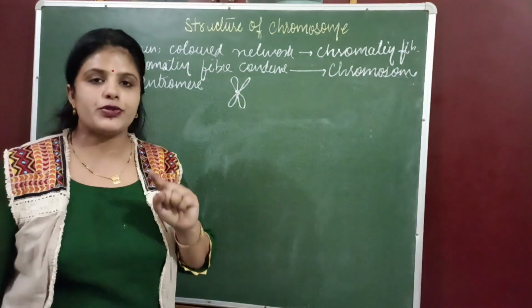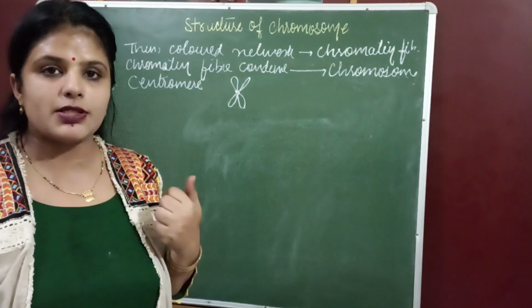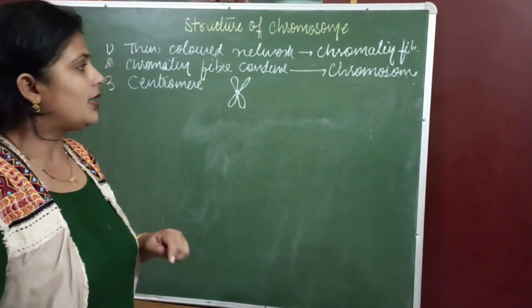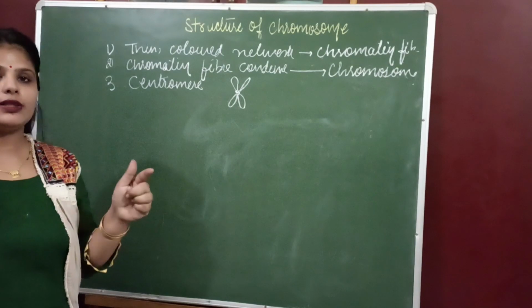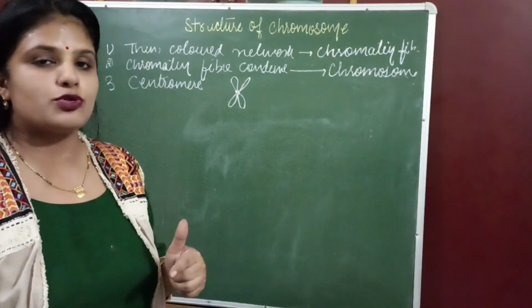There is one more question on centromere. Centromere is a point from where the spindle fibers are also arranged. Now, what is the sequence of all these? I mean, how DNA is formed and how chromosome is formed from DNA.